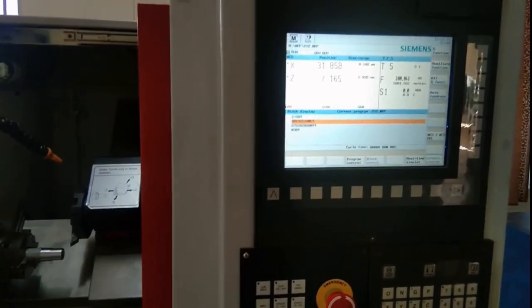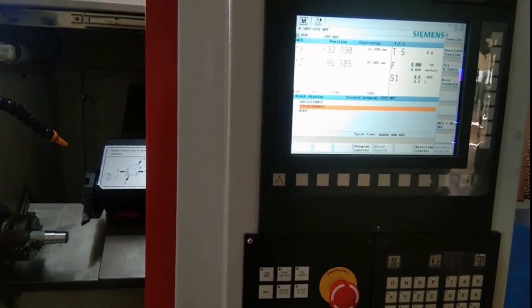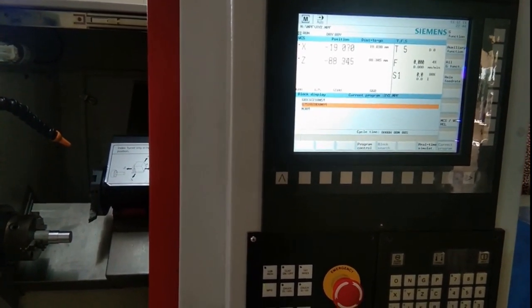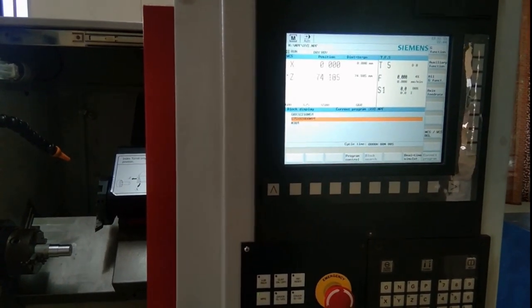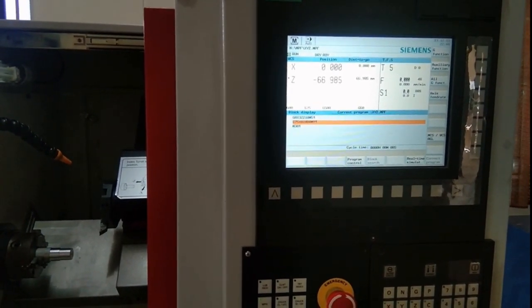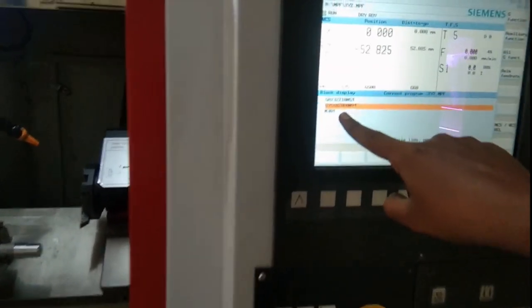After completing the machining operation, the spindle should be off and then the coolant should be off. These are given by the final step, which is M30. So the turret moves to the datum position. After that, M30 is available. Based on M30, the program is stopped.